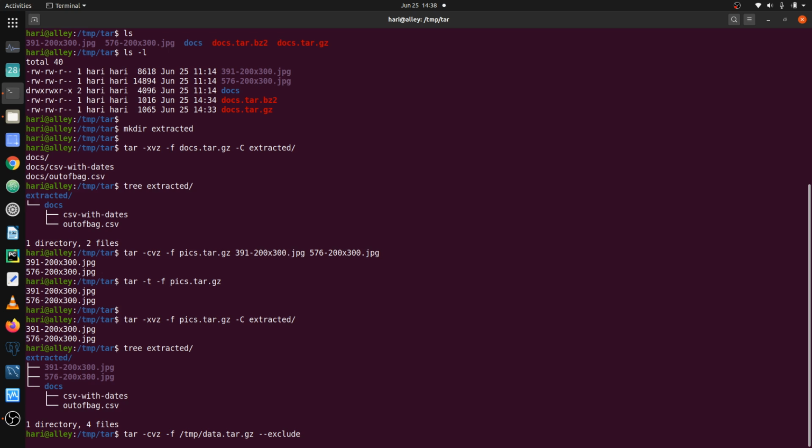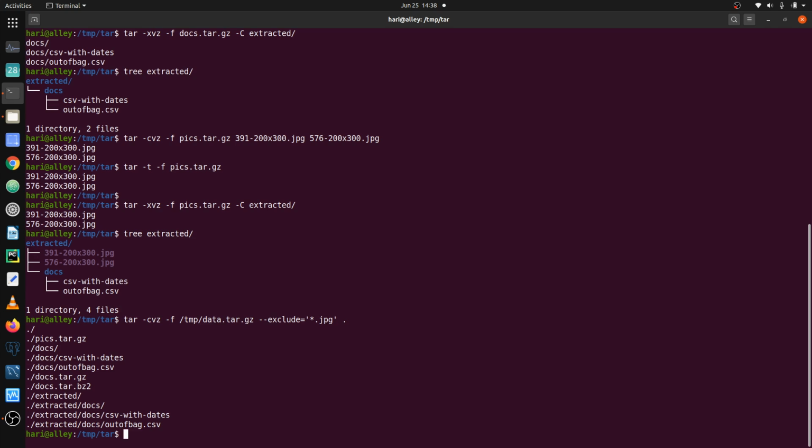Now the exclude option takes patterns, and we can repeat this exclude option as many times as we want for as many files or folders that we want excluded. So here we specify the pattern to ignore all the .jpg files, and the directory to compress is the current directory.